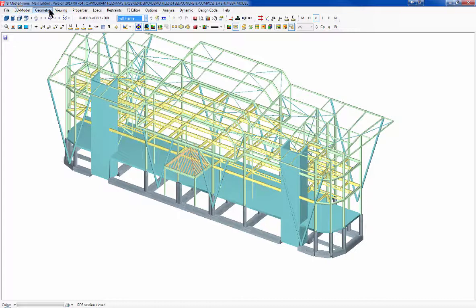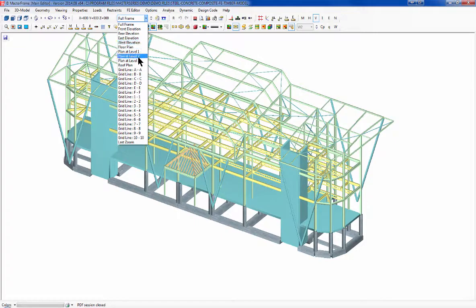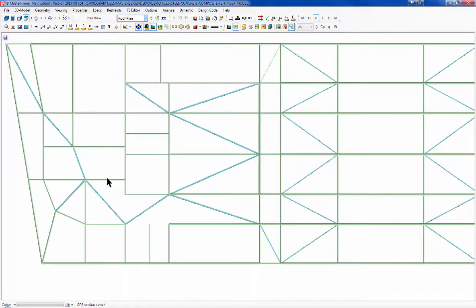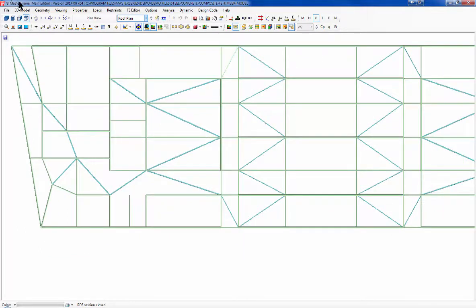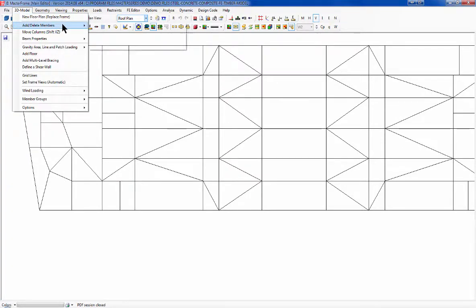So in here, the first thing I would have done would be to create views on the frames, so we can get layers at each level, but that's already been done for us. I'm going to go into, say, the roof level. So here's my roof, and I can easily turn off the 3D to keep it nice and clean. I can easily say I want to add a new member,